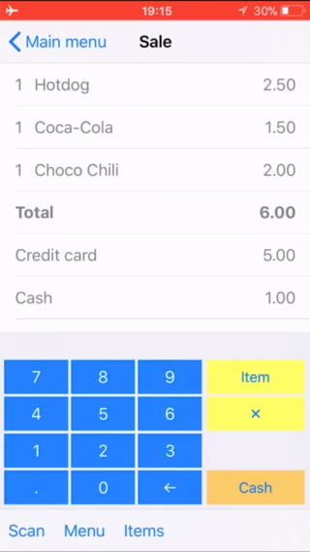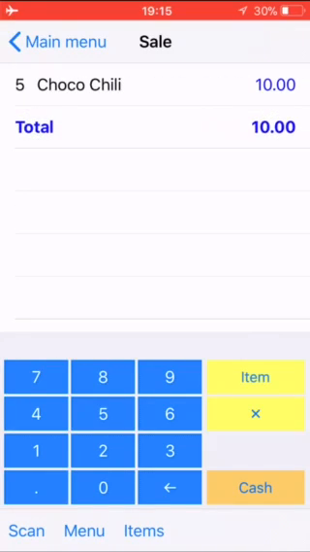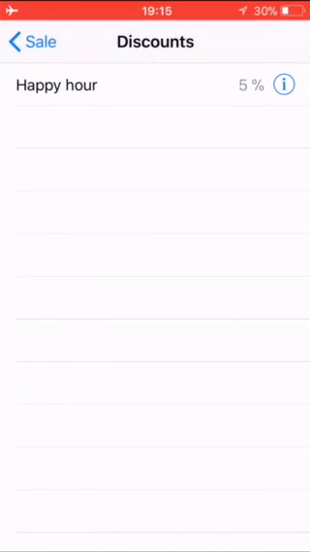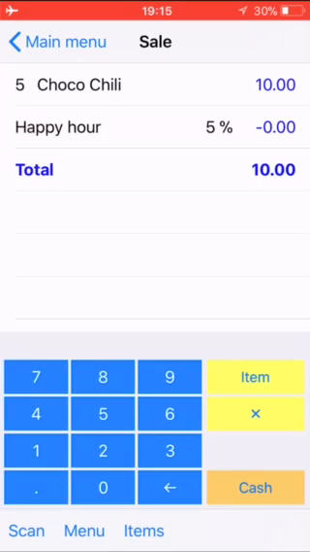So now we have the ticket paid by both credit card and cash. So we have performed 2 sales. Let's do another one with the discount. So let's say we would like to sell 5 chocolates. 5 multiply, and code of chocolates is 3. Then press item. So we have added 5 chocos to the ticket, and we want to provide the discount. Press menu, discount,